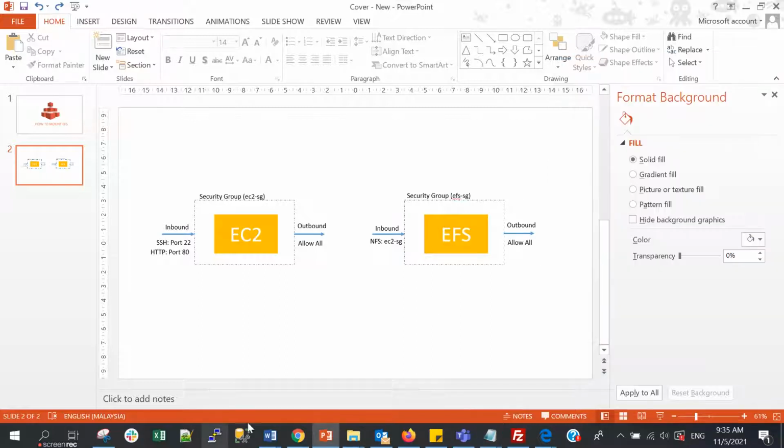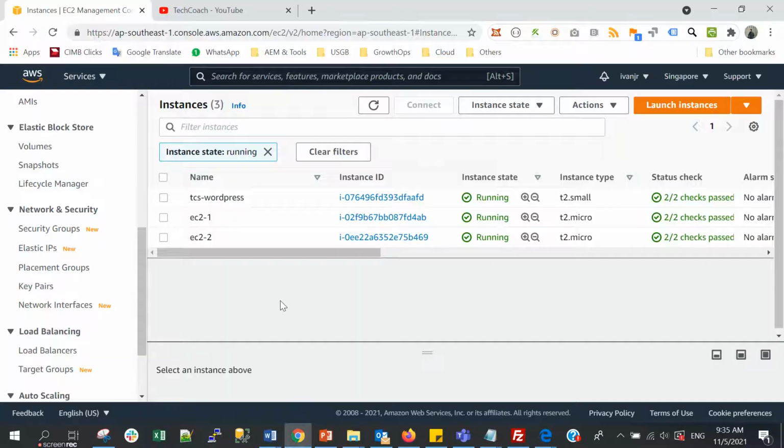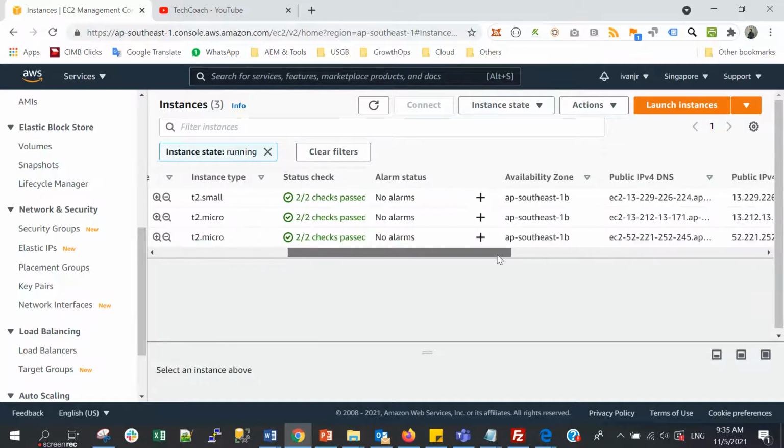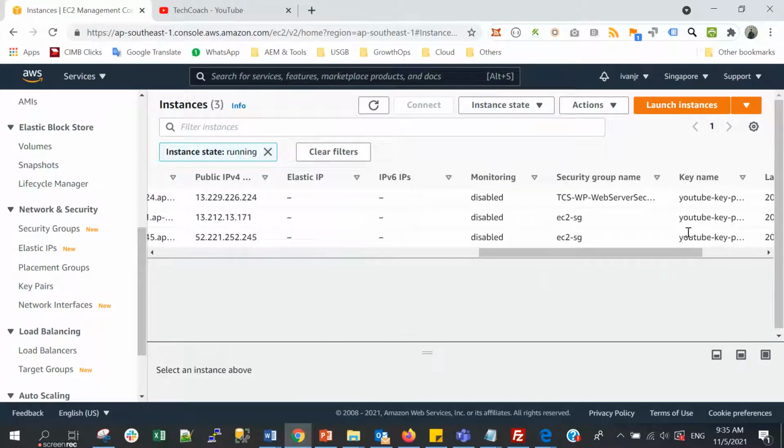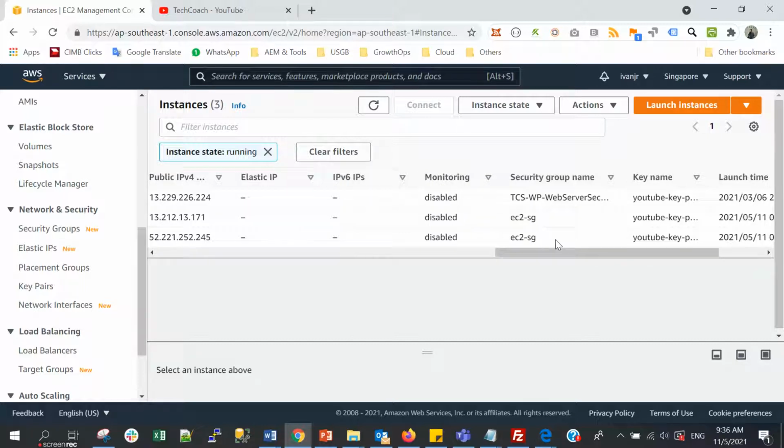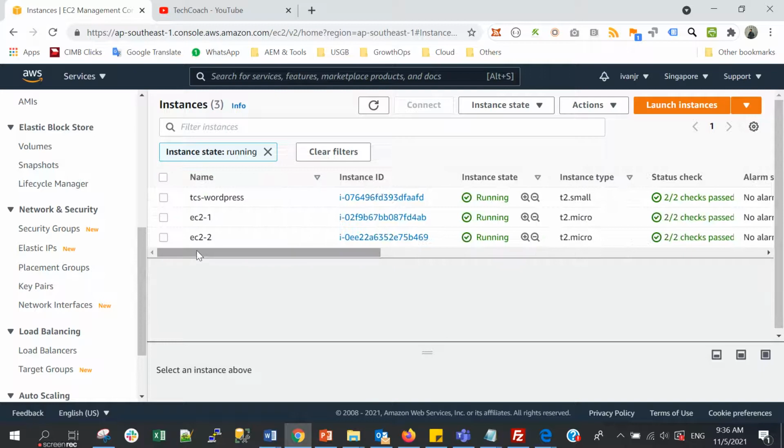Okay, let's go to our AWS console. Earlier, I already created two EC2 instances. The name of the security group is EC2-SG, so they are using the same security group. And this is my key pair, YouTube key pair.